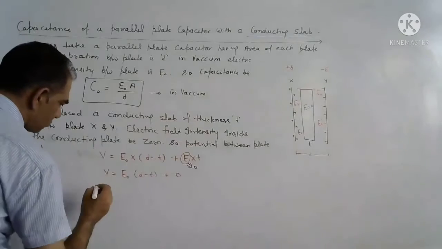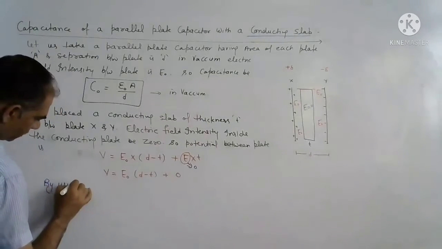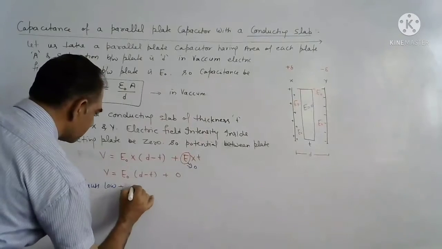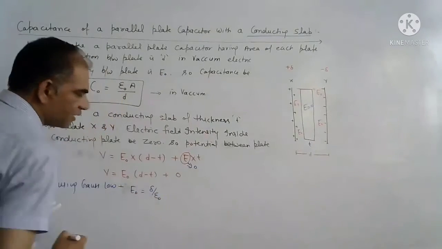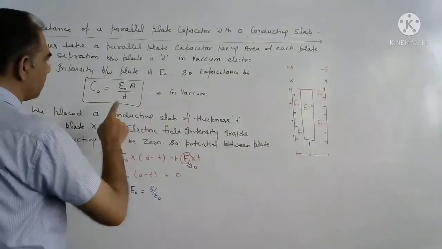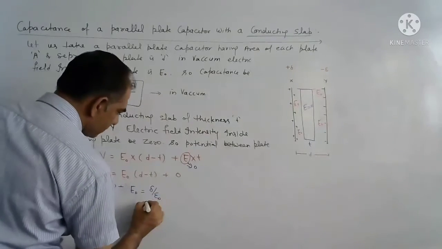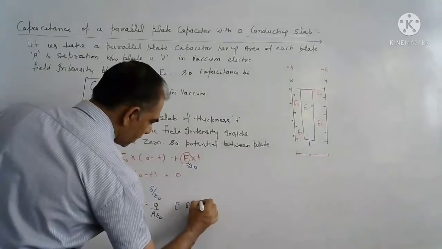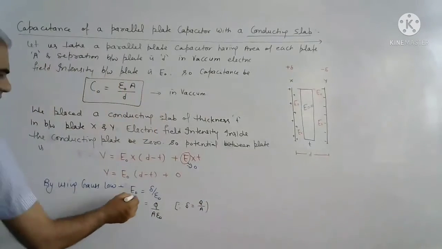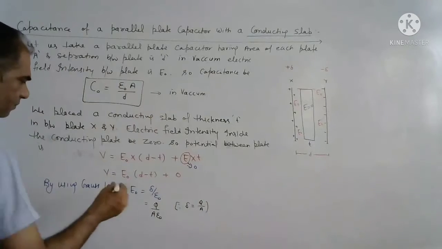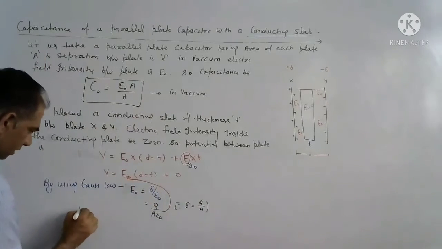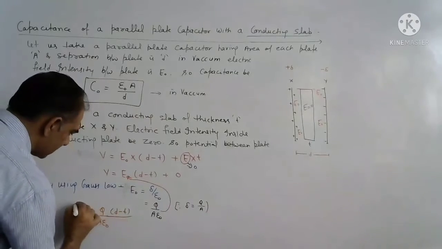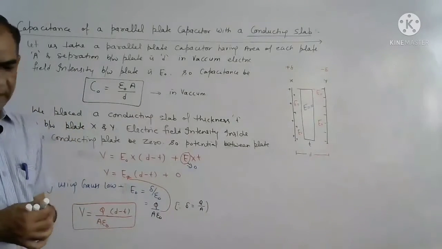और गाउस लॉ से हमें पता है सब चीजों का, तो गाउस लॉ का इस्तेमाल करके हम पुट कर देंगे। इलेक्ट्रिक फील्ड इंटेंसिटी E नोट किसके बराबर होती है? सिग्मा अपॉन एप्सिलॉन नॉट। कंडक्टिंग प्लेट के लिए होती है ये। और सिग्मा की वैल्यू क्या होती है? सिग्मा होता है चार्ज अपॉन एरिया। यहाँ हम साइड में लिख देंगे सिग्मा इज इक्वल टू चार्ज अपॉन एरिया। जैसे ही ये हमें E नोट का पता लग गया, हम इस E नोट को उठा के यहाँ इंट्रोड्यूस कर देंगे, तो पोटेंशियल जो हमारी बनेगी वो Q अपॉन A एप्सिलॉन नॉट इंटू D माइनस T बन जाएगा। ये आपकी पोटेंशियल की वैल्यू आ गई।